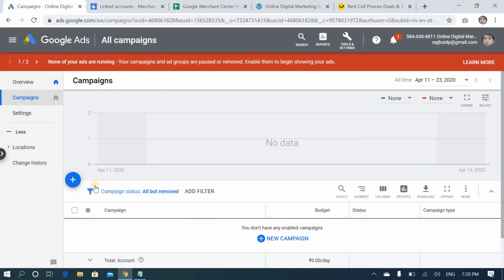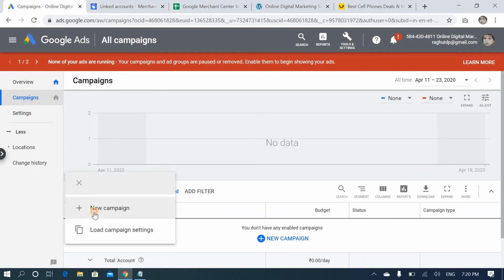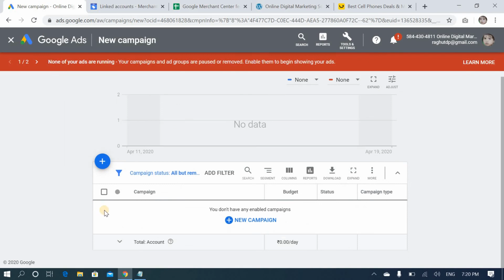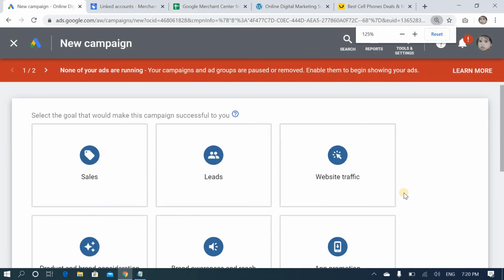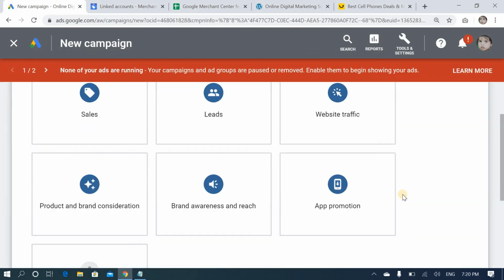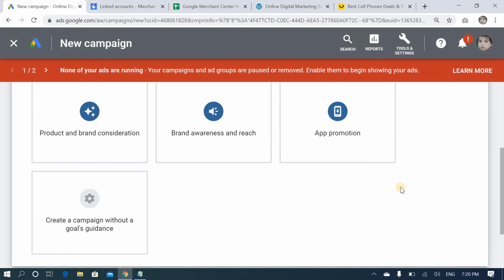Normal campaign, how you run it, just go here and click new campaign. One second, it will take time. Yeah. So here you have to choose to create a campaign without a goal.